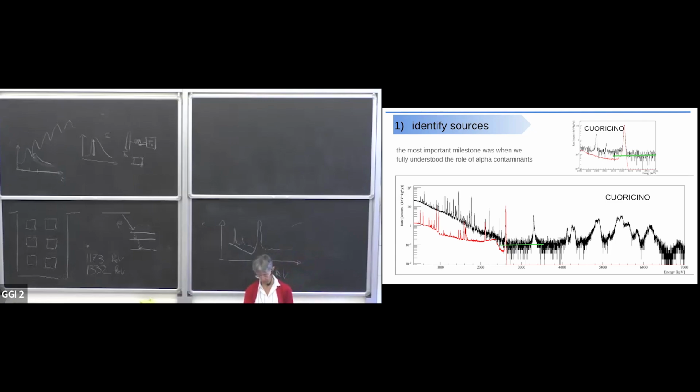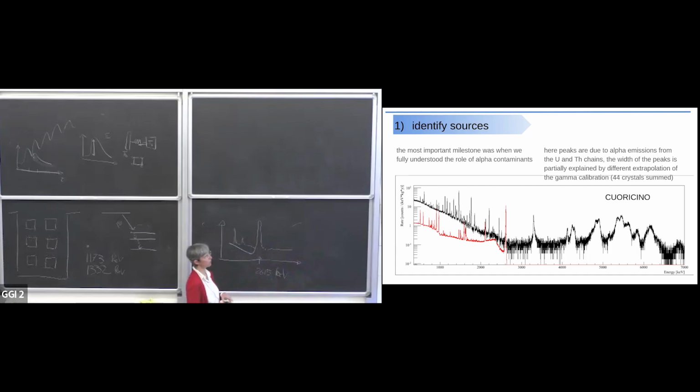So again, two of the exercises that I suggest to you for this afternoon are connected to this spectrum, so I will go briefly on this. You see, these peaks are wider than the gamma peaks, and there are two reasons. One is connected to the specific distribution of the contaminants, and the other is due to the fact that